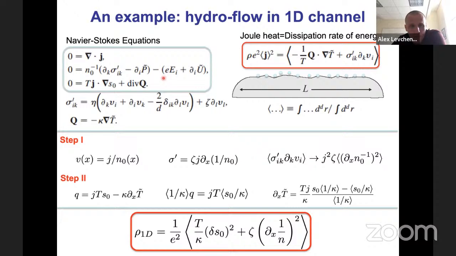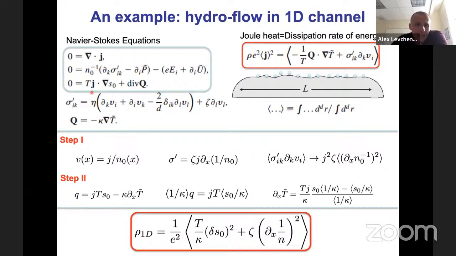So let's consider the flow. What would be the macroscopic description of such a fluid? We need to ensure the continuity equation, and I will consider only steady state properties. Then the steady state Navier-Stokes equation in linear response would be simply a balance of the viscous stresses and external driving. This pressure term by general thermodynamic arguments can be written as the density times the gradient of the local chemical potential, plus the entropy times the gradient of temperature. And the chemical potential and electric field can be combined into a general EMF.